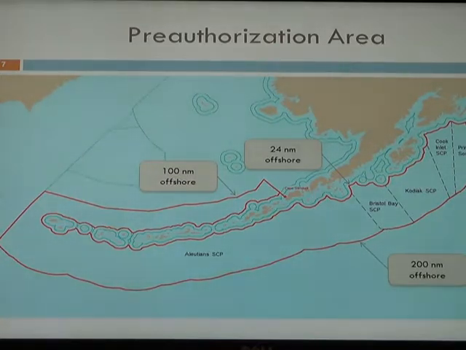Prior to the approval of this dispersant use plan, we did conduct an Endangered Species Act Section 7 consultation with the U.S. Fish and Wildlife Service and the National Marine Fisheries Service. And as a result, several avoidance areas were already created in the pre-authorization area to account for the high concentrations of short-tailed albatross and North Pacific right whale critical habitat. And we do have a graphic of those areas later in Dr. Johnson's presentation I will show you.